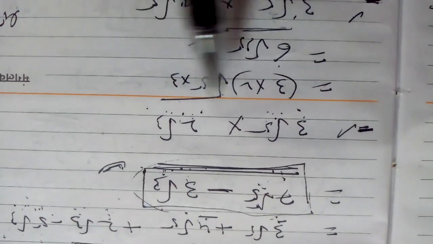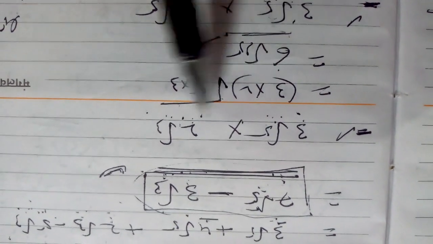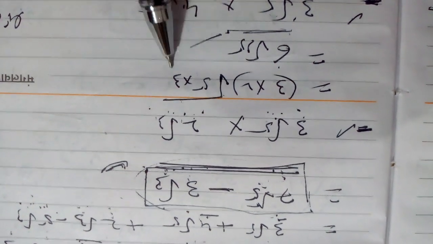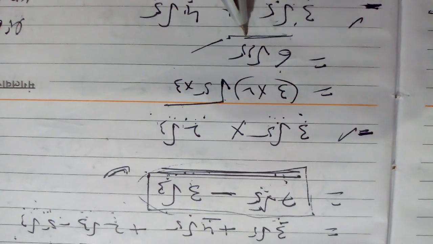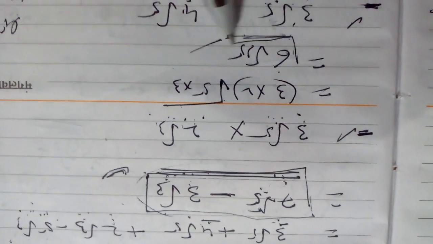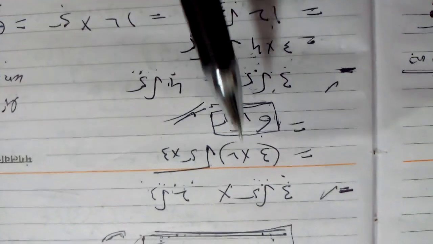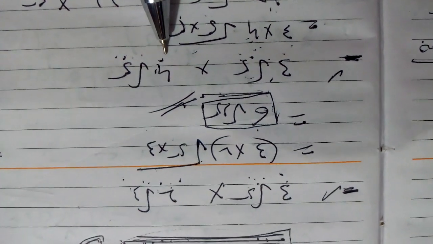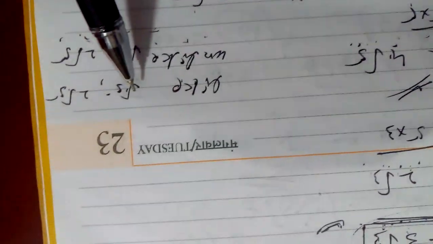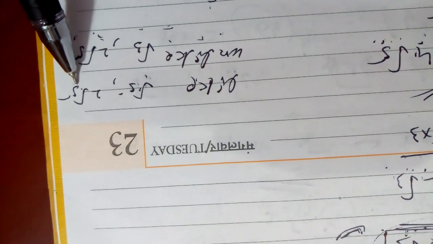Multiply the two irrational numbers. Rational multiplied by rational, you will get 3 times 2 is 6. Irrational multiplied by irrational, your result is 5 times 3, 15, in the same under root. So 6 root 15, because root 15 is not a perfect square, so it is your final answer. You can't change it. Here there are like and unlike surds. Like and unlike, there are two types of surds. Like surds are when both have the same value, the same radical, under the root.